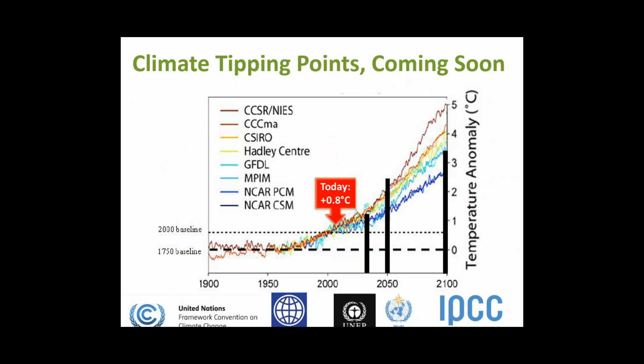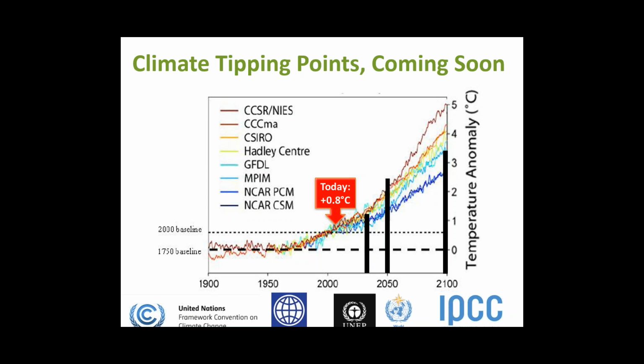Now, a little bit of background on where we are in climate change. This chart here has on the horizontal axis 1900 historical data out to projected 2100 of the global mean temperature compared to pre-industrial. Now, this is predicted by a consensus of major climate models, and most of the climate scientists in the world would agree on this trajectory. So you can see that today we're at about 0.8 degrees Celsius over the pre-industrial condition.